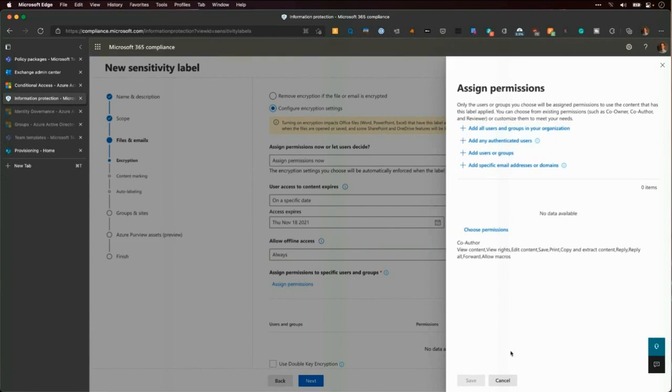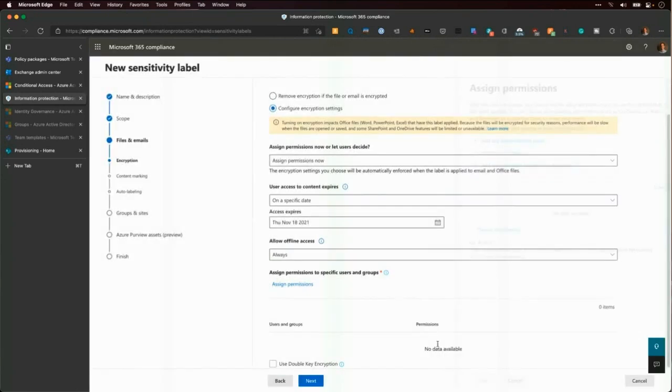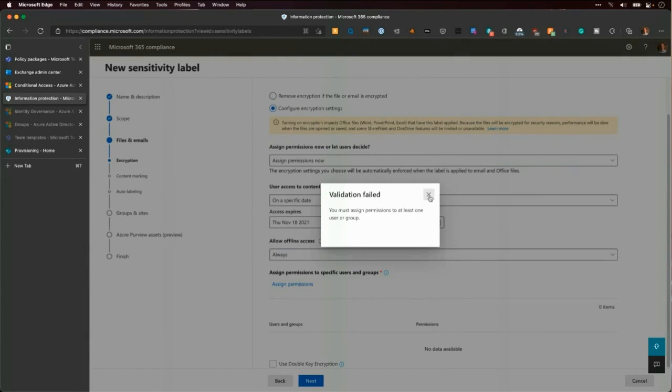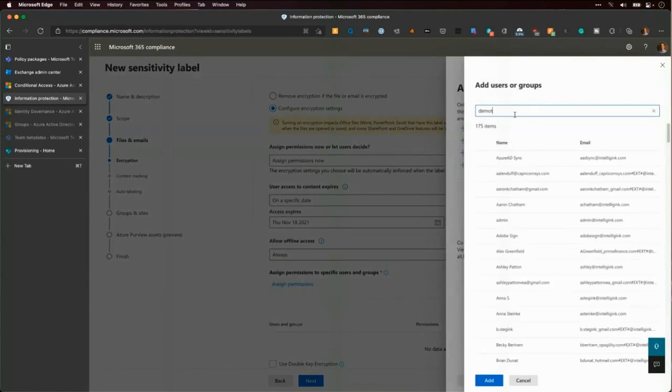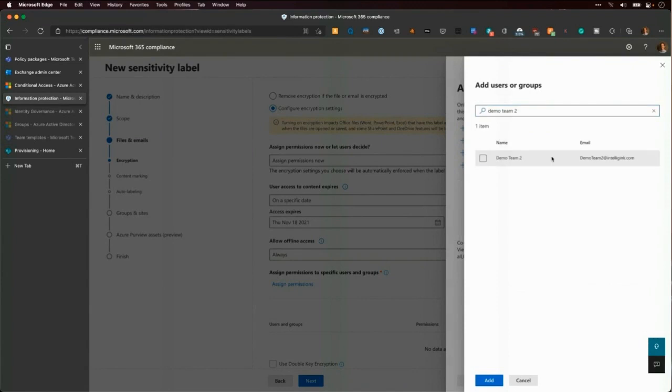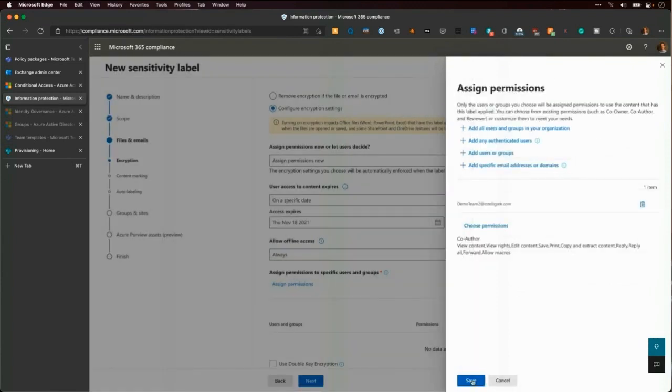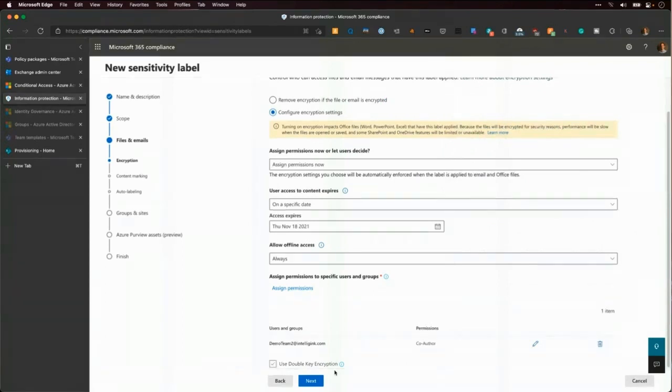So lots of different options here in terms of what permissions you want to assign. Going down to, I need to assign permissions to someone. Let's do user groups. We're going to keep going with our demo team 2. Add that one in. We'll go ahead and save that sensitivity label.